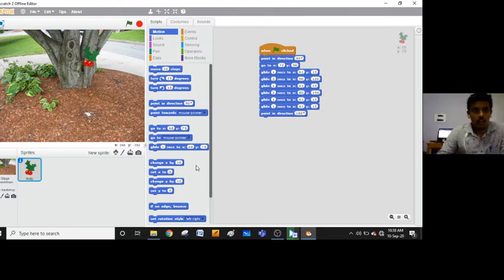Now again I am taking one more sprite. To take one more sprite, click on that sprite, click on duplicate, and make that sprite here also. Then change the values of that particular sprite. Point in direction same, let us keep that.